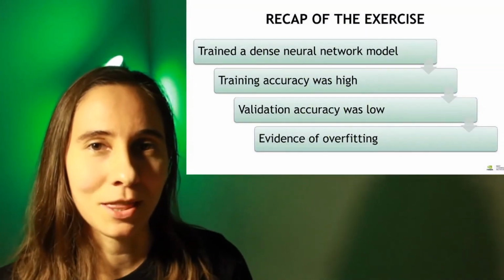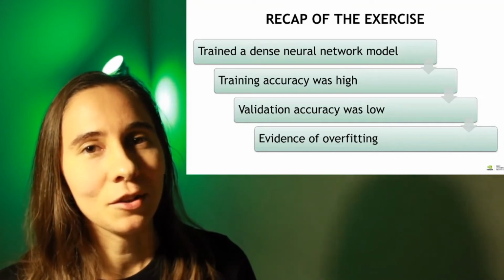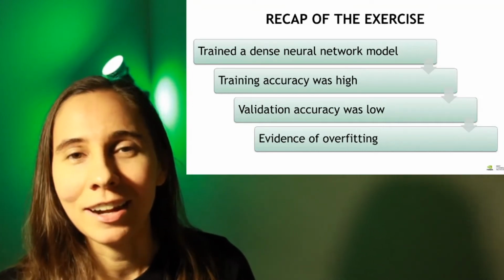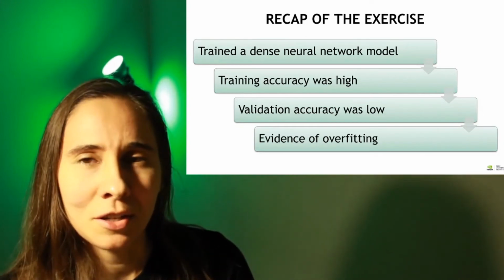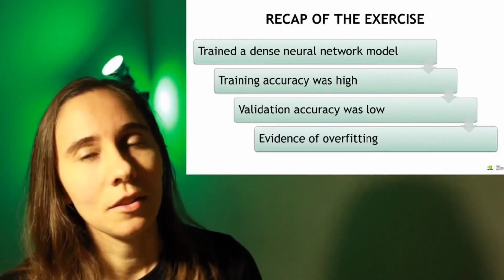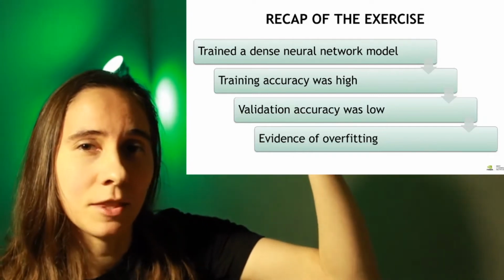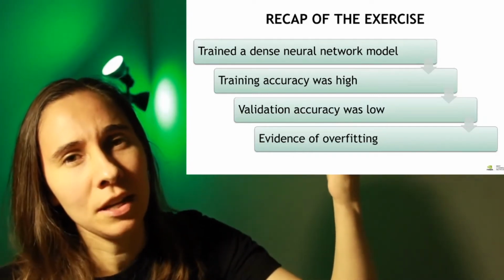All right, so let's talk about the previous lab. We made a dense neural network and it did okay, 9 out of 10 accuracy. Not bad for a machine, but not as good as a human. We also saw that the training accuracy was pretty high, but the validation accuracy was low, which means it probably